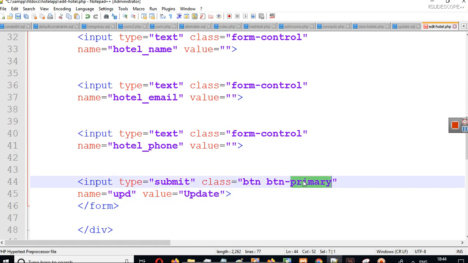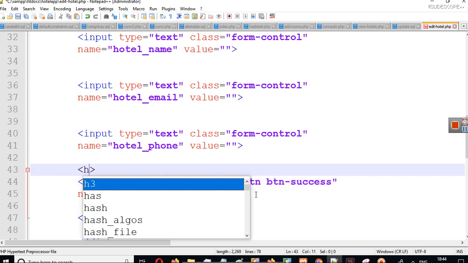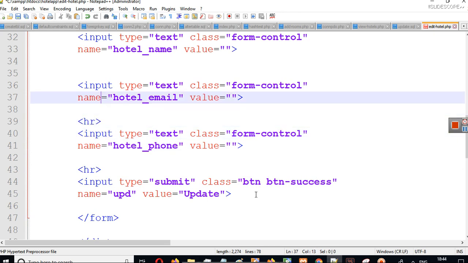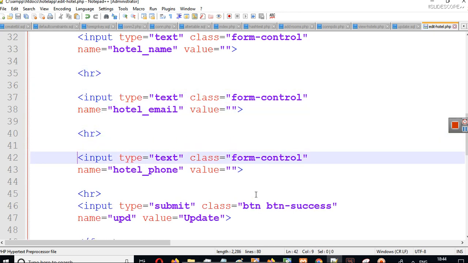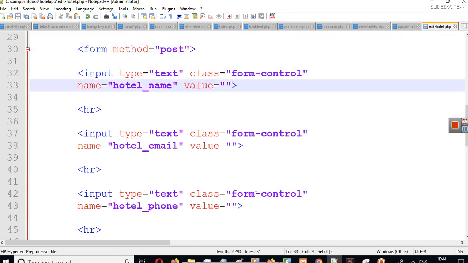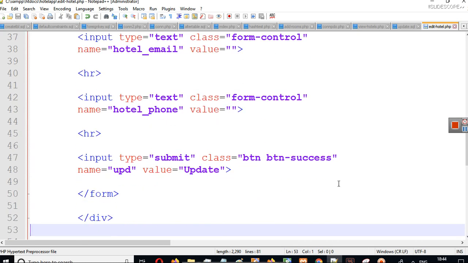And let's give it some other color like btn success. So this is it, and I will create HR here so that there is some separator between the forms. I will design these forms later. You can design them with all the classes that we have studied so far. And this is our simple looking form here, and let's see how it looks.